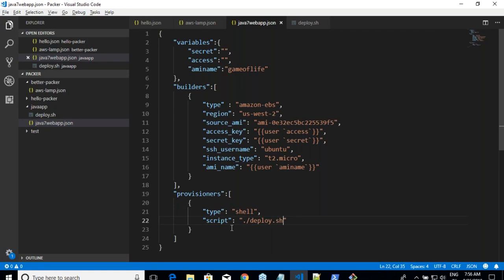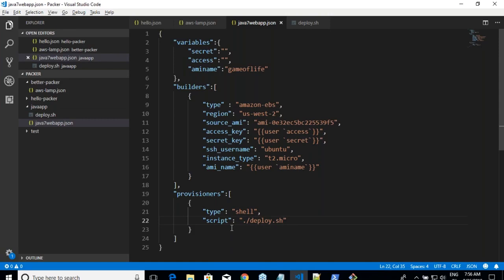Now let me just make an assumption. Your admin has already given you a shell script, or your team which is deploying the product has already given you a shell script. The only thing you have to check is to run that shell script and see if it is asking for any user inputs. If your script is asking for user inputs, Packer cannot execute it. If your script is not asking for any user inputs, you can directly use it in Packer. That's the whole stuff which I'm trying to do.